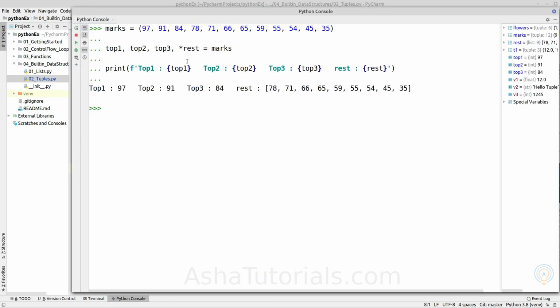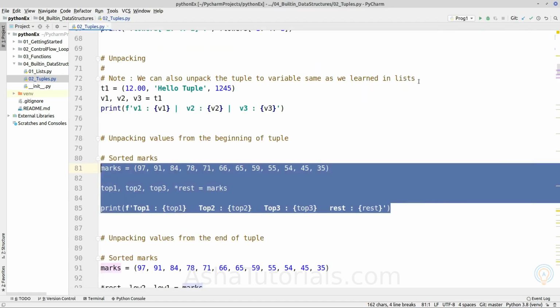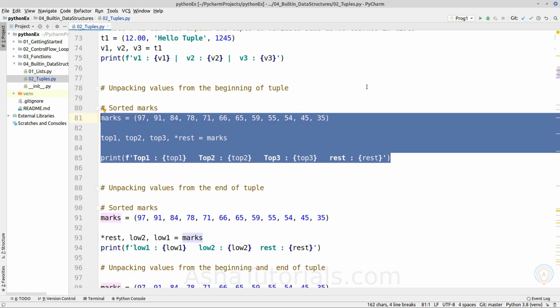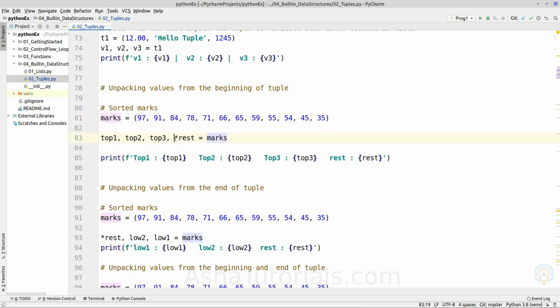So as we can see here, if we unpack the selected values, it is selecting those values into the respective variables, and the rest is returned as a list here. So always keep in mind that even if the star variable has no value or a single value, it will always return a list object.